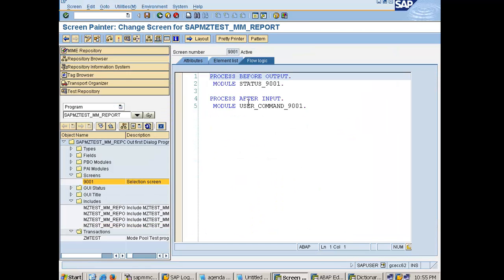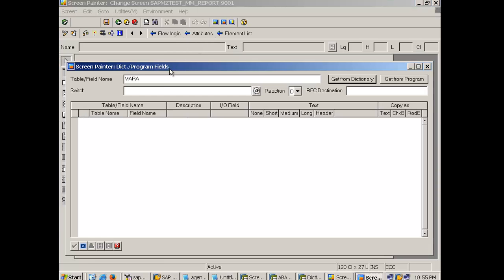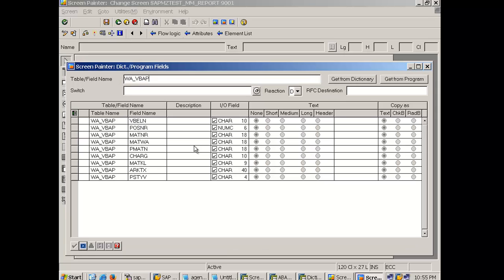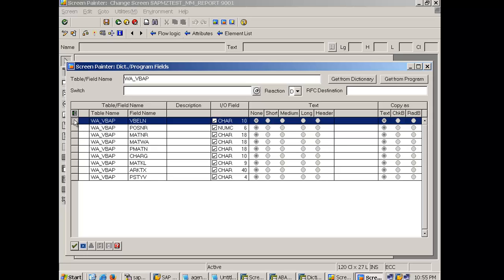Okay, so I'm going to my layout again, and if you remember, last time when I did an F6 here, I just provided the table name and used get from dictionary. This time, this is the other approach: WA_VBAP, and then get from program. This way you can import the contents from your program, that is the type structure. So the work area is going to help you. Select the field which you want to show as an input to the first screen,